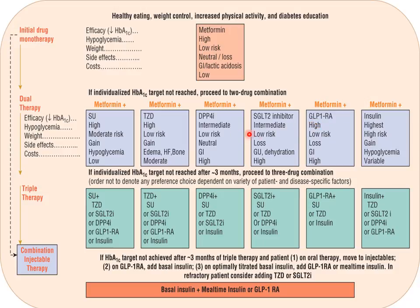For the most part, pretty low risk for hypoglycemia, which is also nice. And if anything, with the SGLT2 and the GLP-1 agonist, you can see weight loss as a side effect here. It's going to be positive for some patients, okay? I mentioned some of the issues here with genitourinary tract infections, GI issues here with the GLP-1 receptor agonist. So again, you go back to your slides and compare those side effects and see what's best for your patient. And then obviously, if you are unable to use any of those,